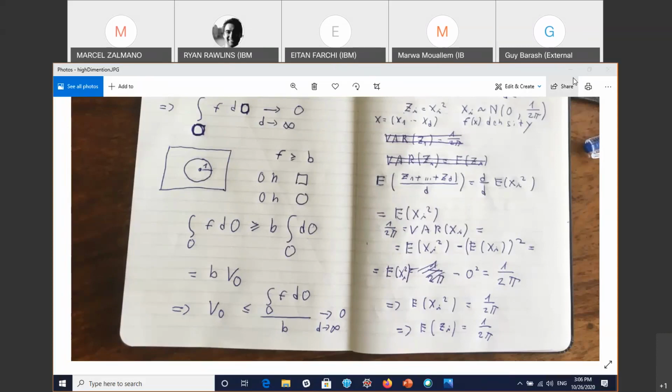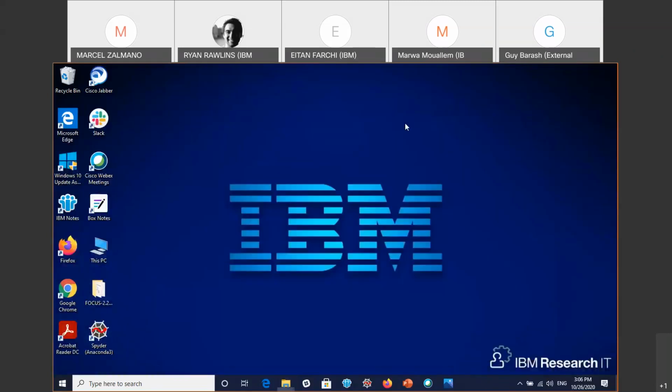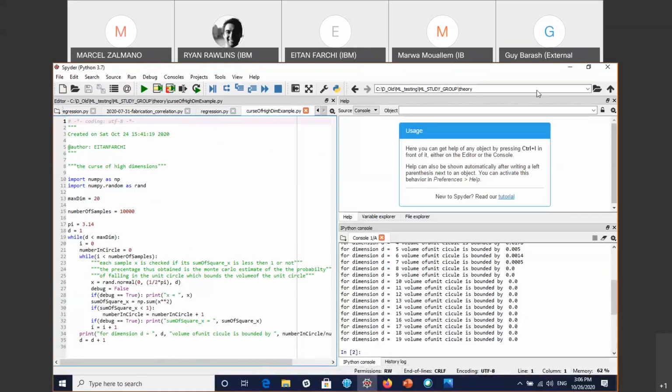density. Okay, and the density was the density of the Gaussian variables, where the number of dimensions is the parameter. So let's look at this code snippet that tries to highlight the behavior that I talked about